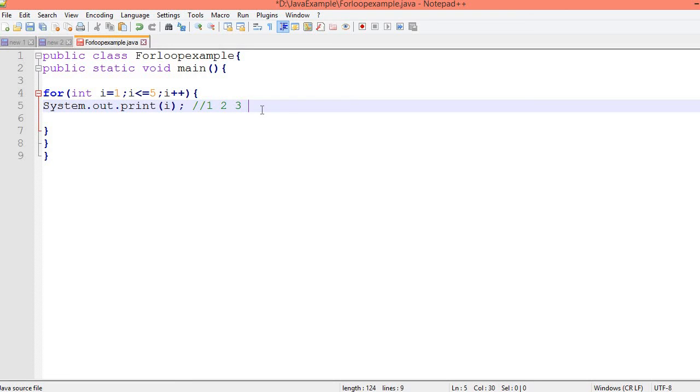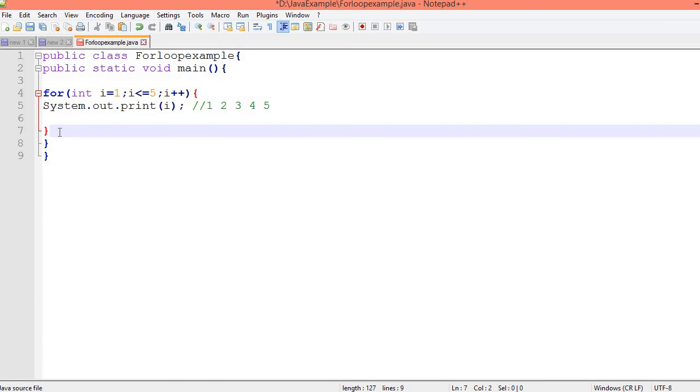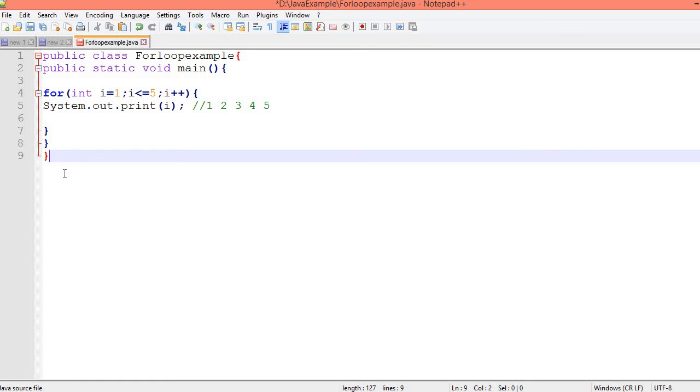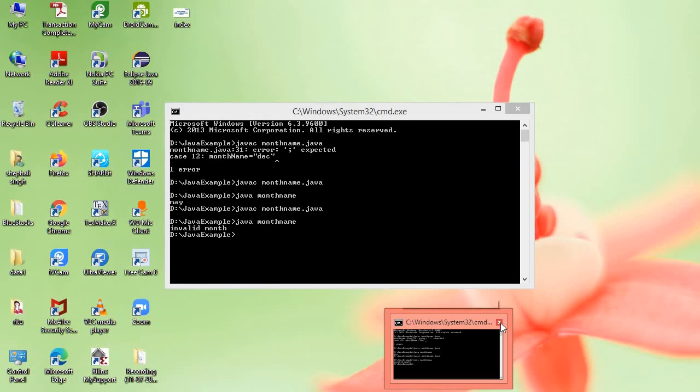Again the same process will occur for 4 and then 5, and after 5 it will increment by 1, then 6. It will check the condition, no, condition is not satisfied, then it will go out and the program will end. Okay, clear?